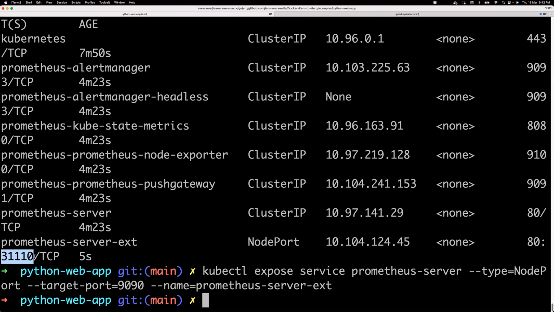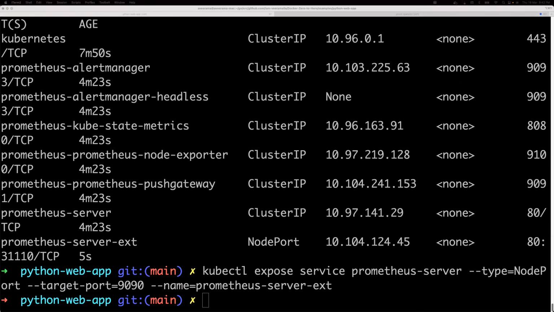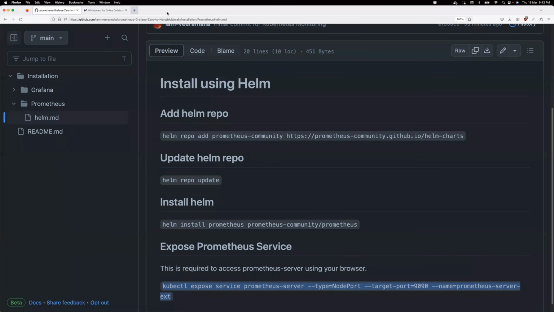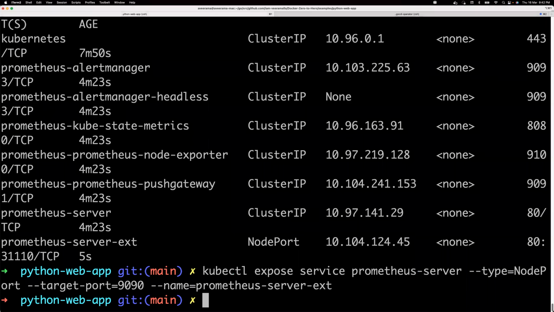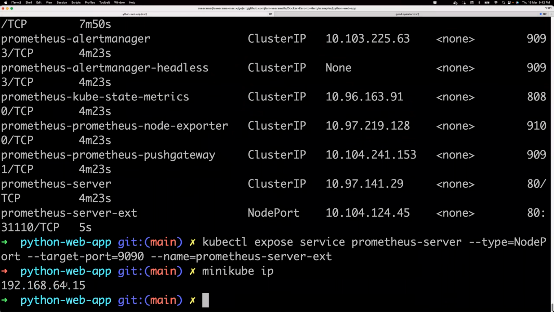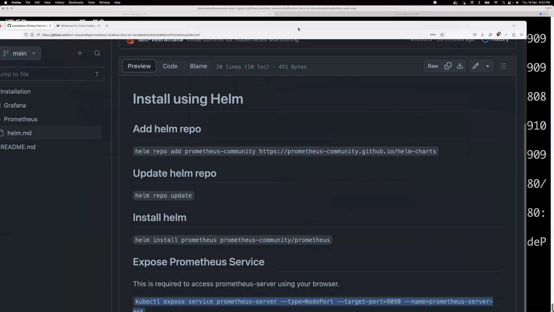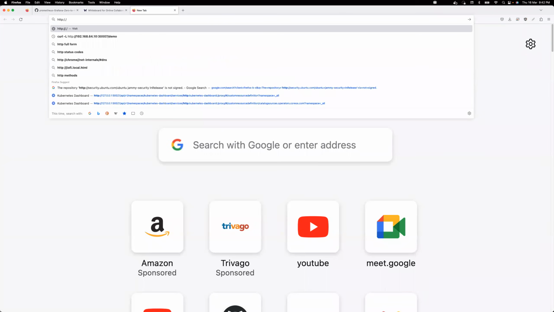31110, right? So let me go back, take the terminal here, right? And show this to you. So before that, I need to get the IP address of my Kubernetes node. So I can just do minikube IP. So if I do minikube IP, this is the IP address. So go back, take the browser, enter this one here, HTTP